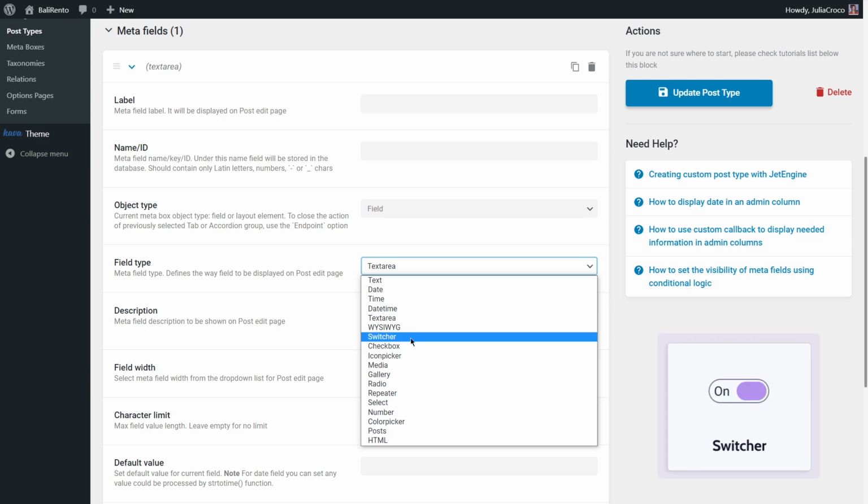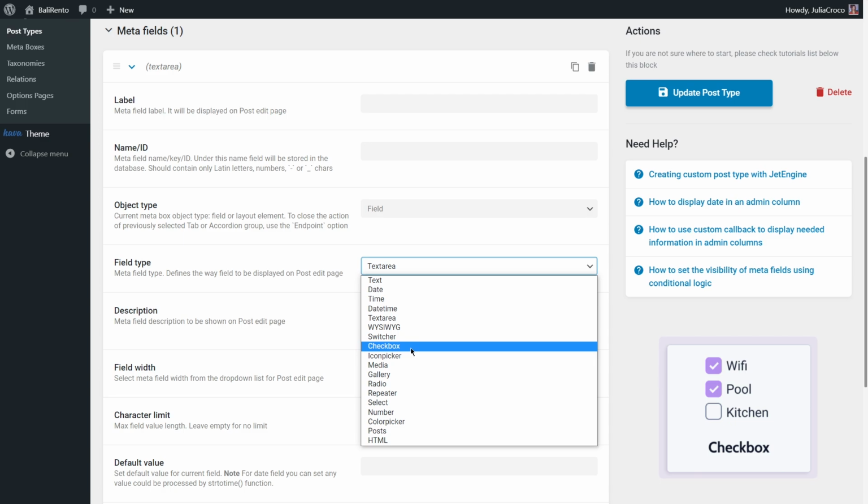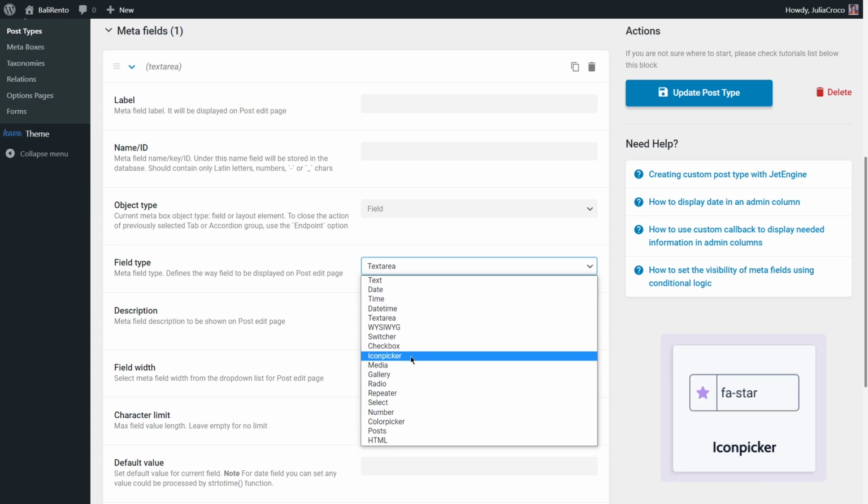Switcher. You can add a toggle as a custom field to posts, products, events, etc., which allows you to turn on and off the appropriate option in the meta field block. Checkbox. This type provides an opportunity to add checkboxes with different options for choosing to default and custom posts. Icon picker. Create a meta box with an icon picker where you will be able to pick an appropriate icon